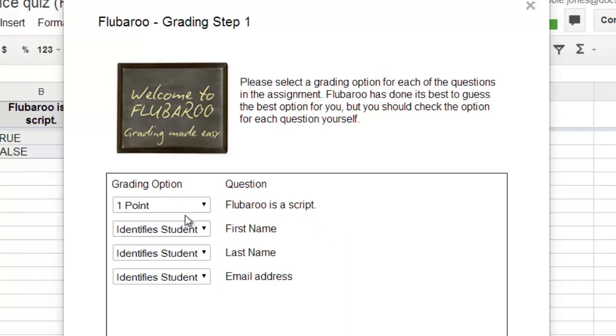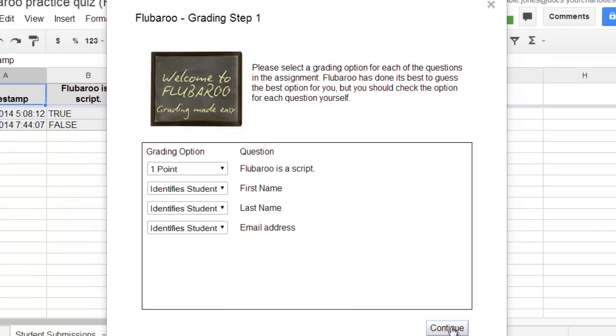Flubaroo is a script. Point, here's my question, and that one was a true and false on my quiz. This line identifies the person taking the quiz. The first name, that's an identifier. Last name, another identifier is the email address. So since those are identifying questions, I would not assign any points to those. If I only did one question on this, we will leave this as 1 point. Click Continue at the bottom,